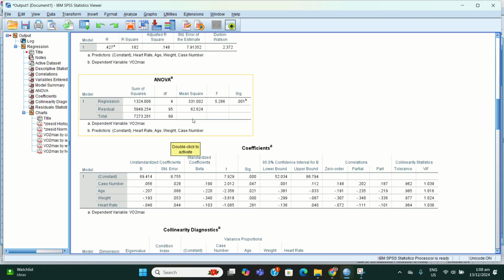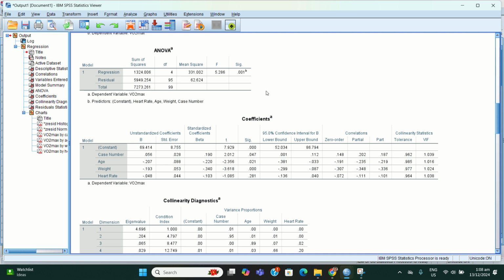And for the ANOVA, this F ratio will test whether the overall regression model is a good fit for the data.